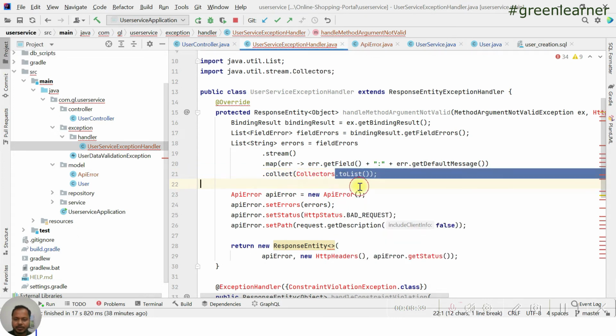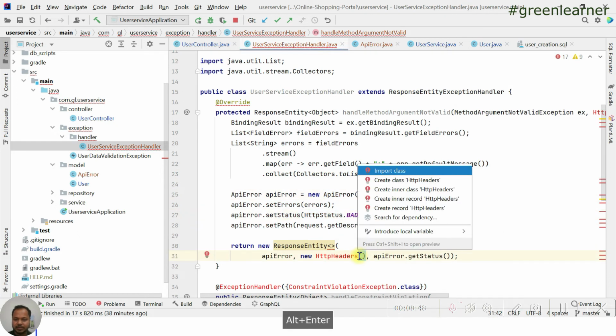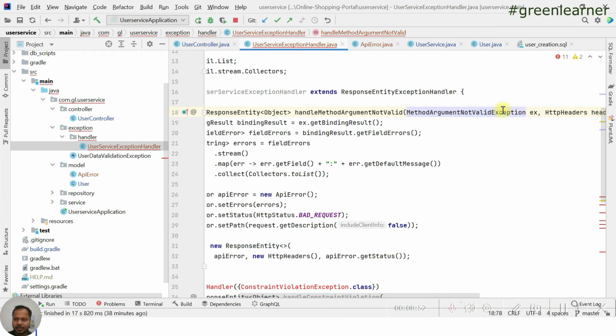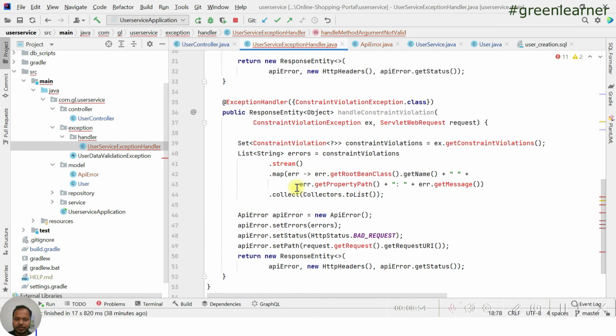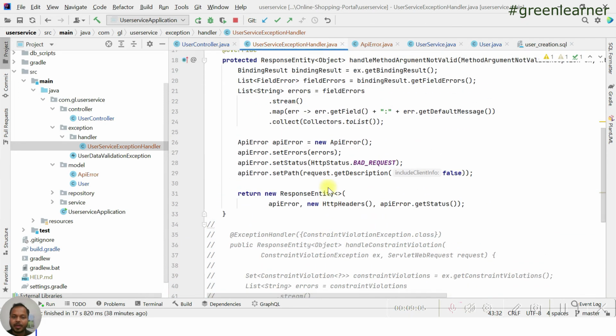This one, ApiErrors, the same class that I just copied here, the HTTP import class, and this is the header thing. Yeah, this one, and yeah, it started working. So here we have, just ignore this for now. I'll come to this point later.